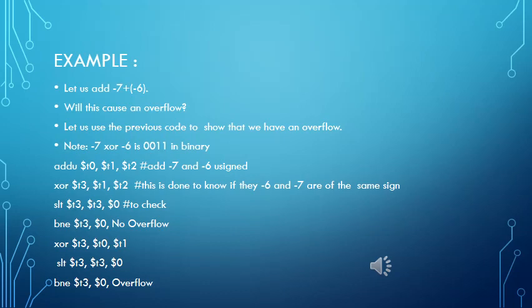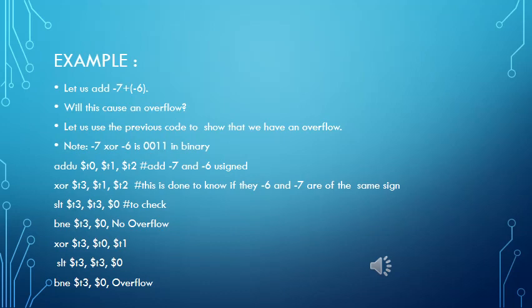In this case, we will XOR the operands and we will get a result which is greater than 0. After that, we will move to the set less than instruction, and we will see that T3 will be greater than 0 and not less than. So T3 will be set to 0. Now, since 0 is equal to 0, this will state that there is an overflow,